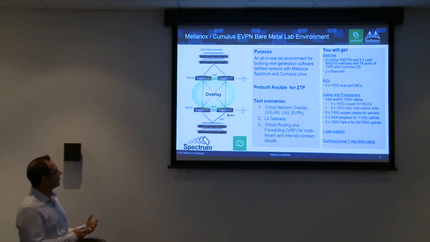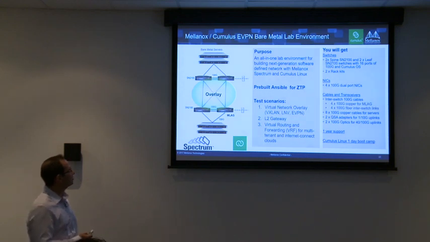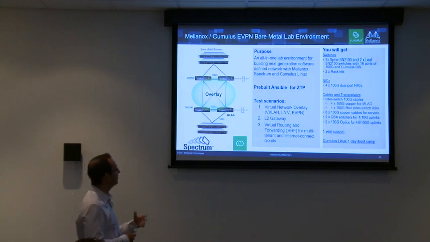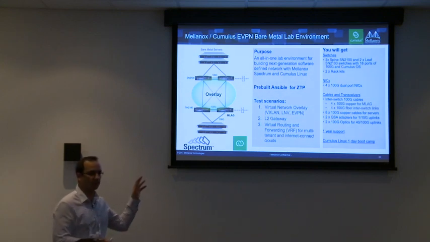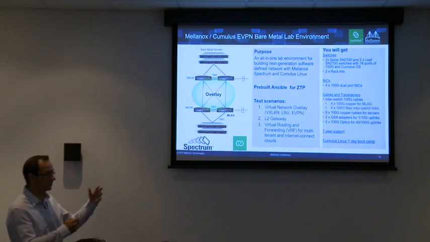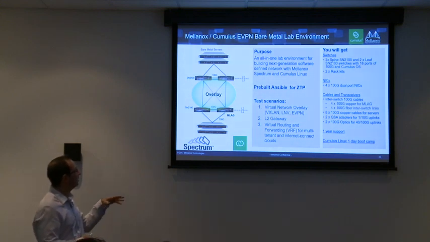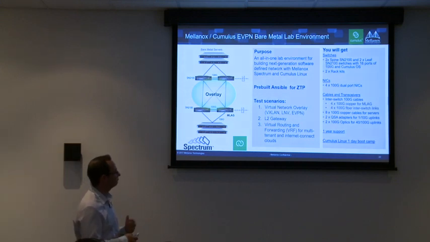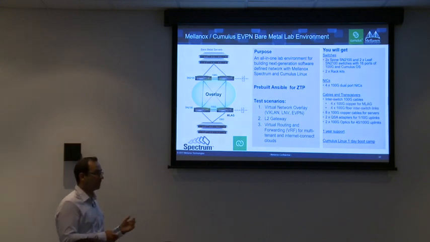We're offering a kind of a package, a POC package to run overlay with all the features that we are offering. 4 switches, you can actually do with 3, but I think 4 is better because you have 2 spines, you can see better the ECMP capabilities. 4 NIC cards, everything is ours, cables and everything, and training if needed.